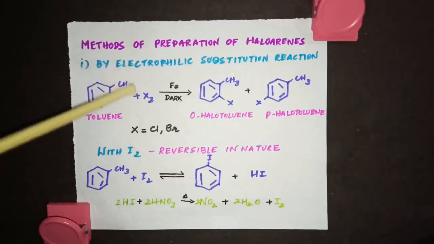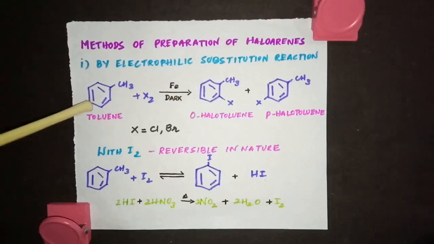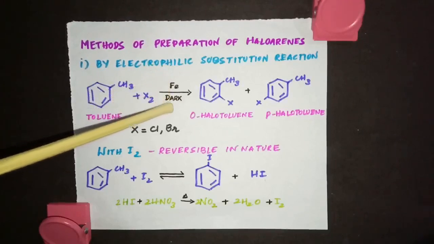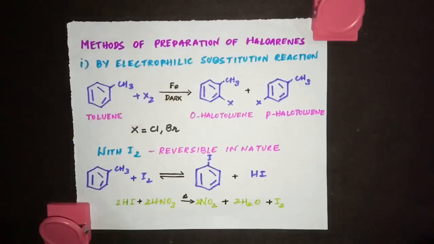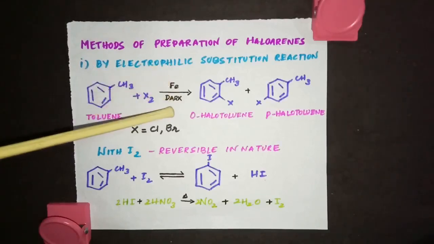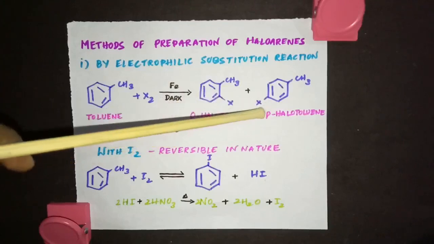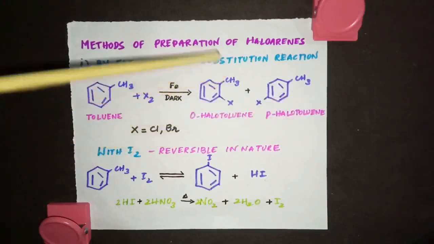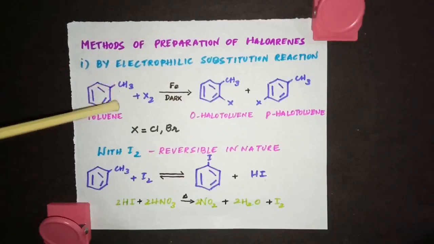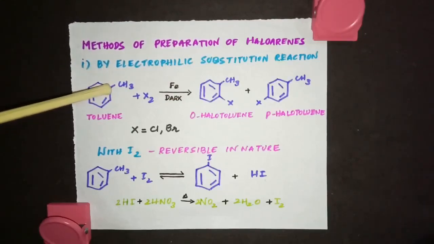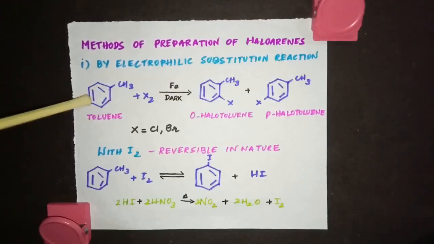So we are going to take toluene. C6H5CH3 is toluene and you're going to treat it with a halogen in the presence of iron, and the reaction should be happening in dark experimental condition. So toluene plus X2 in the presence of iron and dark, you will be getting ortho-halotoluene and para-halotoluene. See, if this is the position, the next carbon atom to the substituent is called ortho, meta, para. Usually we take this as the substituent. If this is the CH3, this is ortho, meta, para. So this is also ortho, meta and this is para.